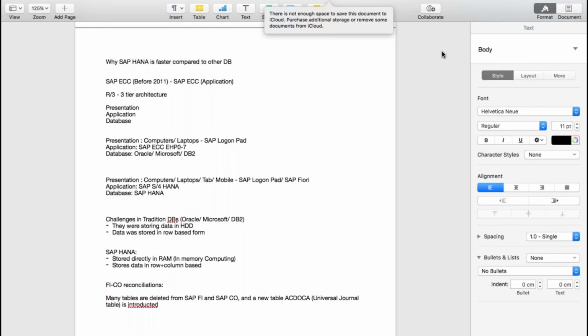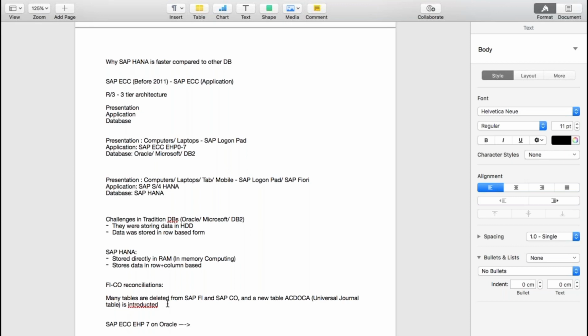Vikram, in that scenario, will the entire system get updated? Will the customer get the HANA database and Fiori as an app, or will it be like what you had explained as a side-by-side kind of thing when they do the upgrade? It depends. Let me write the question here first. Let's say I'm using SAP ECC EHP 7 today on Oracle database. This is my starting point.